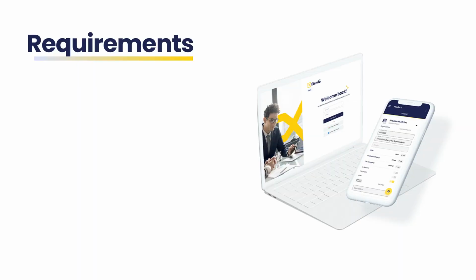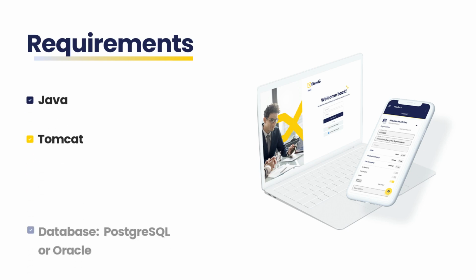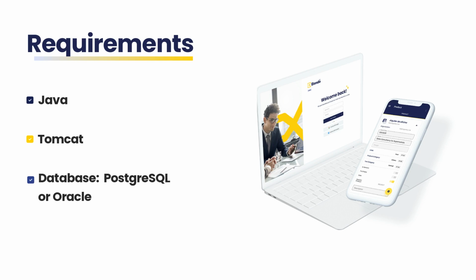Before installing Etendo, there are some important things to keep in mind. First, it is crucial that your system meets the minimum requirements for Etendo: Java, Apache Tomcat, and for the database you can use PostgreSQL or Oracle. In this example, we will use PostgreSQL. Finally, remember that for more detailed information about the installation process and these requirements, you can consult the complete Etendo